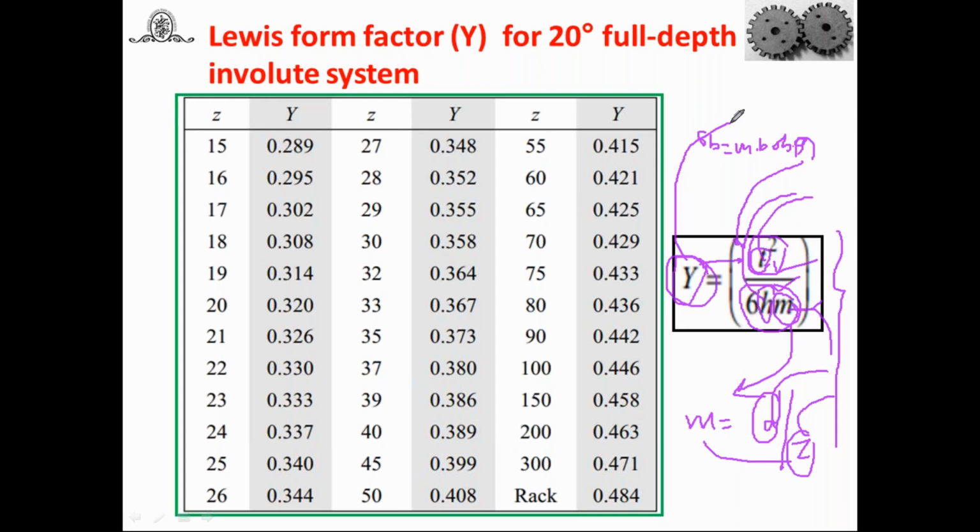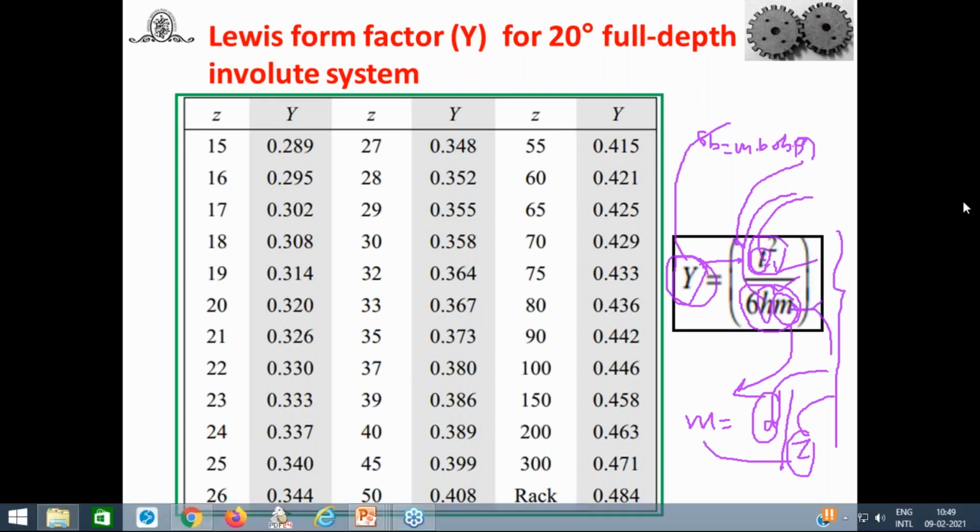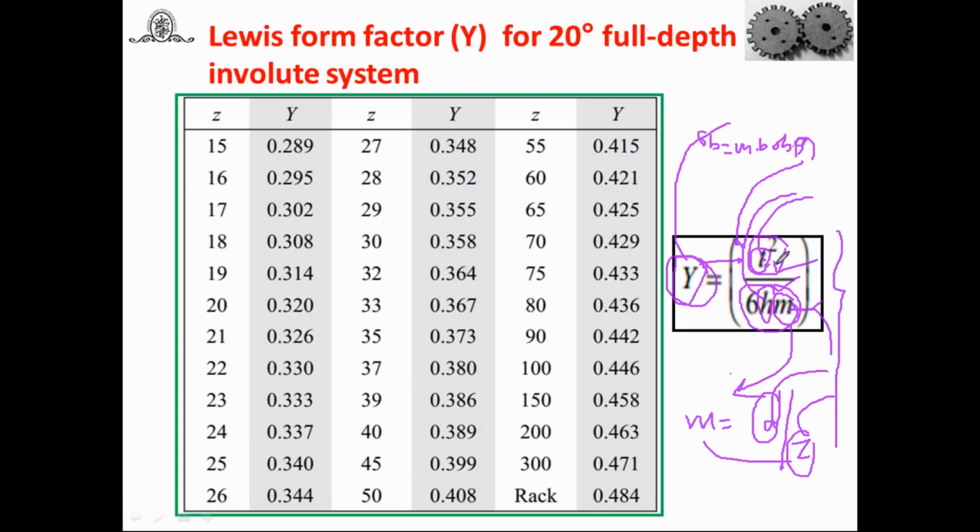Depends on module, meaning D and Z. Depends on T, depends on H. Again here, when I am saying it depends on T and H, that means tooth thickness and the height. And the tooth thickness and height of the gear tooth depend on different involute systems. Different involute systems means